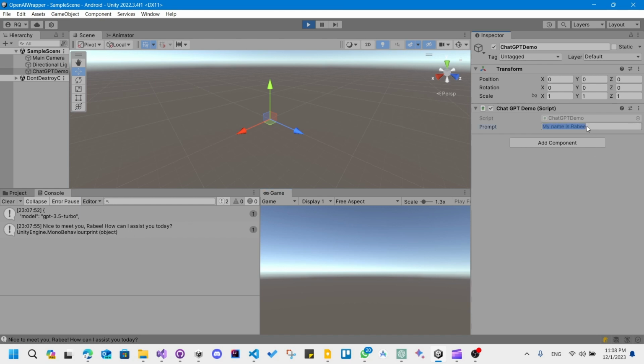Now let's try asking it what was my name. Space. Okay, so as you see, ChatGPT now doesn't have access to the history or is not aware of the context of the messages before. To fix that,